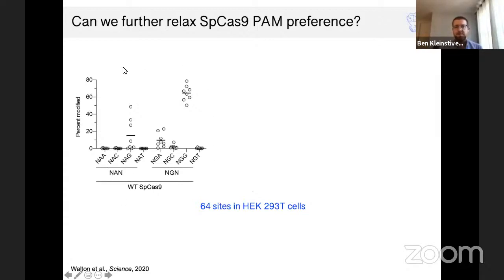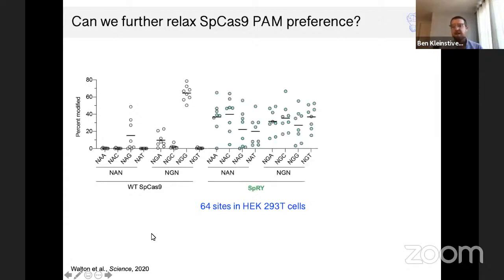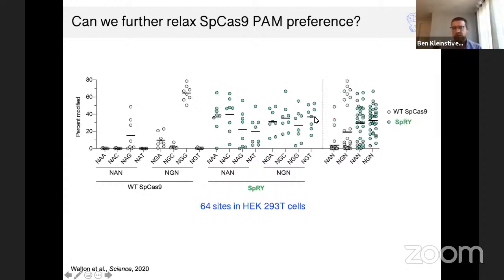So what I'm showing you here is the activity of wild-type SpCas9 again, where it can efficiently target sites with NGG and weakly target sites with NAG or NGA PAMs. So in this second protein that we engineered, again using SpG as a scaffold to engineer a new version of Cas9, we called this protein SpRY, where it now is able to target sites with NAN PAMs and NGN PAMs. So with a single protein, in aggregate, it is able to target this class of PAMs called NR, where R is A or G, where it can very effectively target most of these sites at levels previously impossible with wild-type